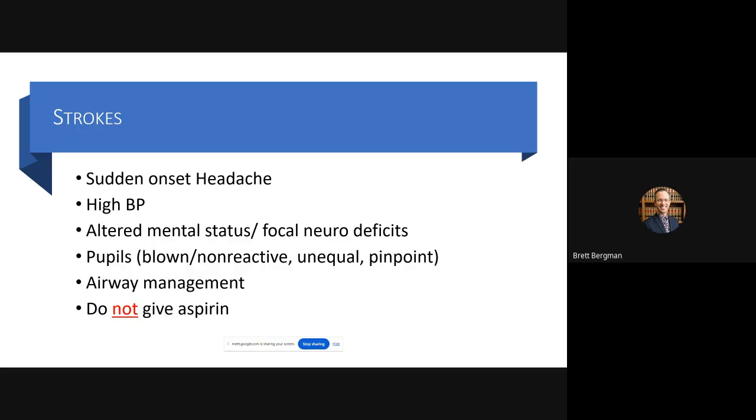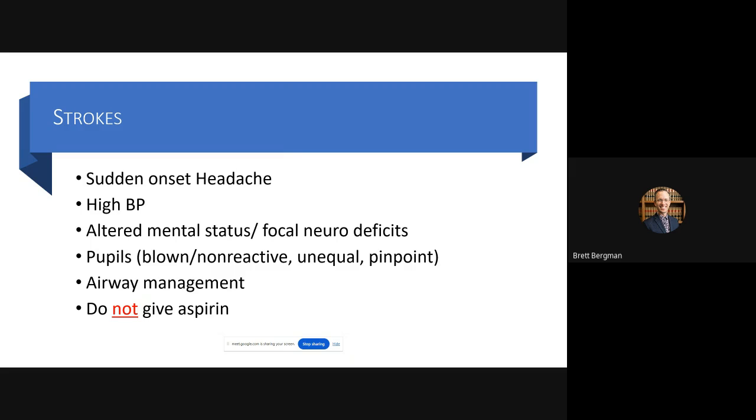It is never part of the pre-hospital treatment. So aspirin is indicated for heart attacks in patients that have been advised by a cardiologist or have aspirin that they're carrying with them to take. That is appropriate in a heart attack. If you have a patient that is having a stroke and they have aspirin and they want to take it, you want to stop them from doing so, because if they are having a brain bleed related stroke, the aspirin is going to make it worse.